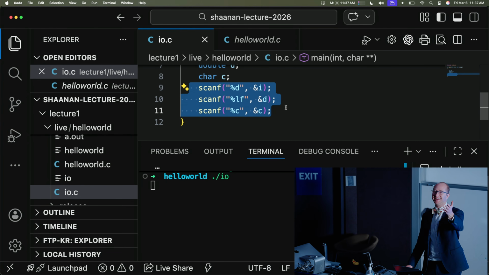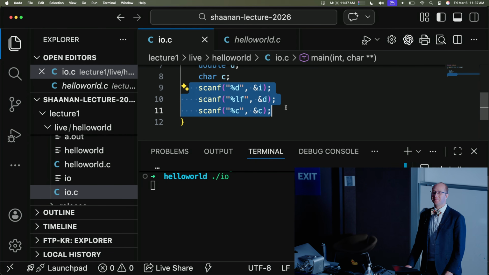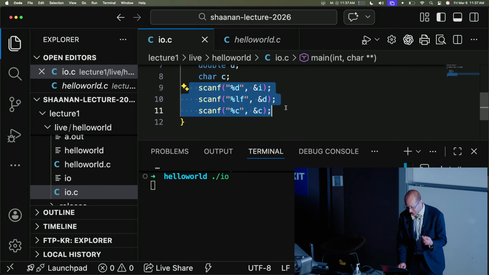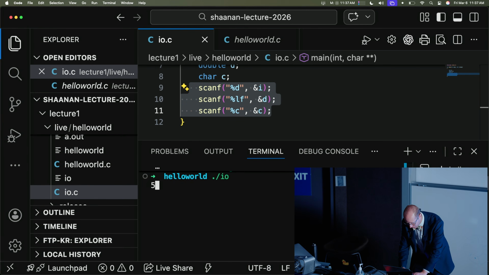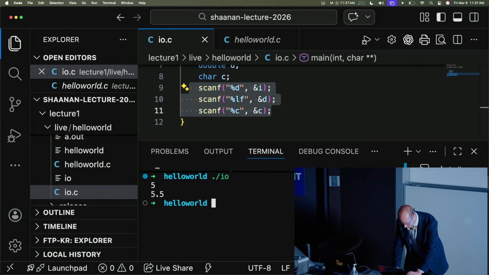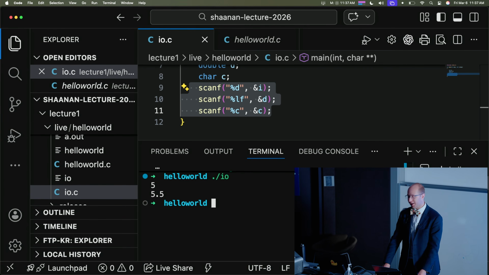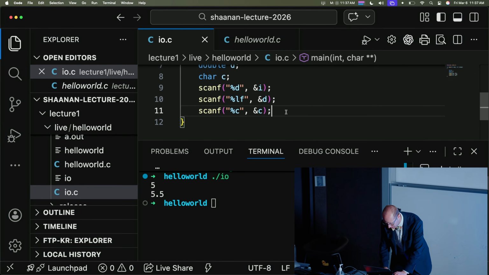Jen, what's my mistake then? I'm the user. The program is asking for input. What have I done? I haven't put input in. So let's give it some input. 5 and then 55 and then 5.5, and it just finishes. You didn't print it? I didn't print it. I didn't ask it to actually do anything with it.